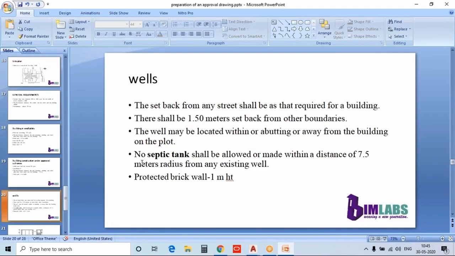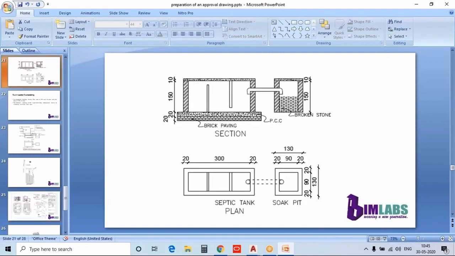This is the case of a well, and here you can see a sample septic tank and a soak pit. We just studied the design of a septic tank, a soak pit, and all those things. By considering the amount of sewage in a building and the number of persons, we calculate the capacity of a septic tank. But normally for residential buildings, it will be the same. There is not much variation in the septic tank plan, sections, and the rainwater plan sections. It will be almost the same for almost all types of residential buildings.